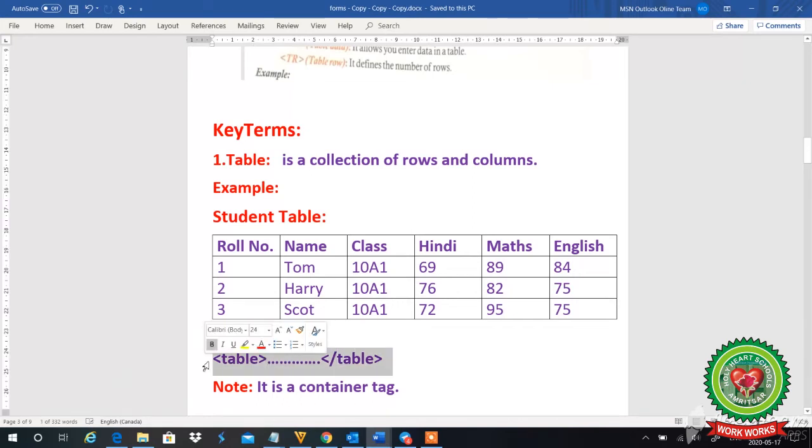After the body tag, we will write the table tag, then do my complete coding, and at the end we will close the table tag. We have opened the table tag and closed it. That's why it is a container tag.